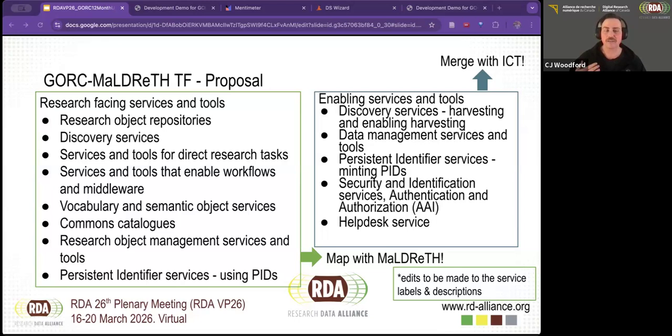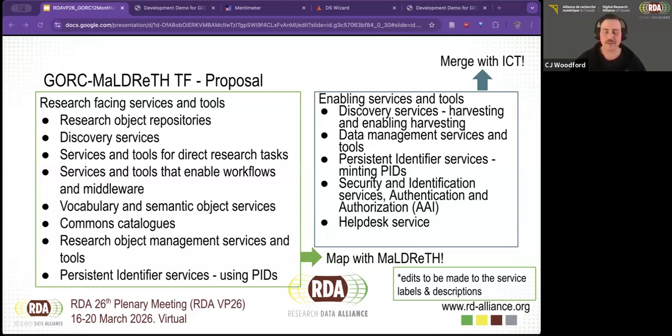There are 30 questions in total, but they're all very short, and it's just about selecting a couple of items in a radio button manner or a multi-select manner. So please have a look at that, especially if you can't join the task force, but in general, to give some feedback on how you feel about integrity and quality control, where that sits, whether it's an enabling service or a research-facing service or both. We've broken them apart into the different kinds of quality control and quality assurance you can do. We'd really appreciate your insight on that. We've been having a really hard time coming to an agreement on that in the task force.